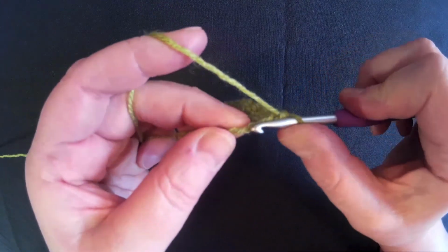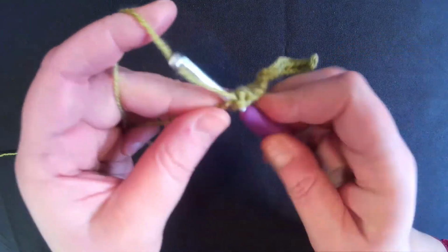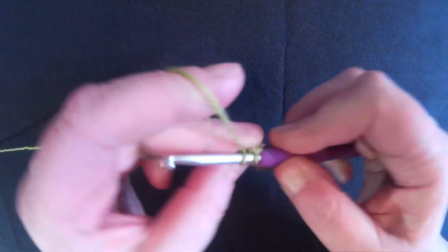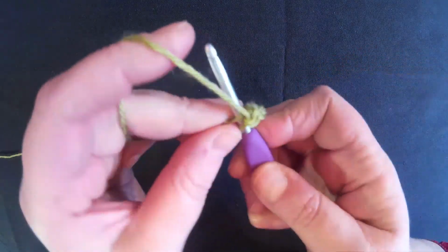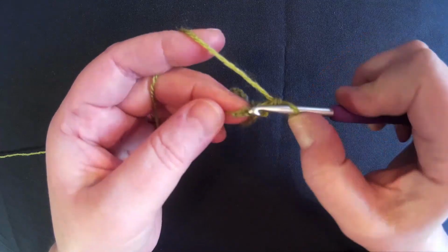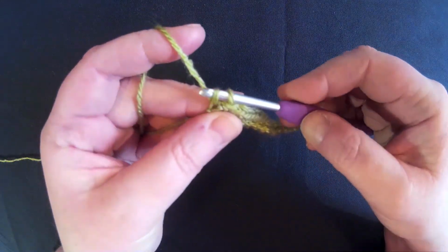You build up a nice rhythm as you get used to it, and also a nice even tension, and then you get nice similarly sized stitches. So as I approach the end of this one, I'll show you what to do to jump up to the next level. So here's the very last chain, the first one that you did, and do the usual double crochet